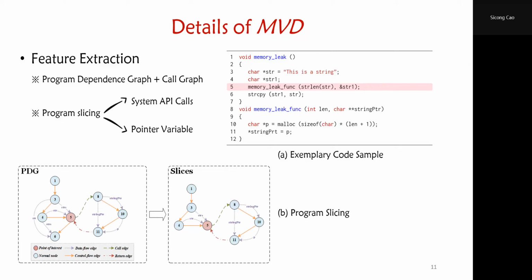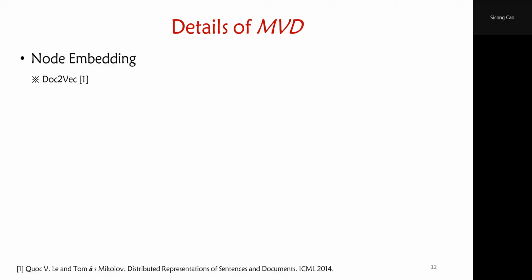It should be noted that, starting from the program point of interest, we perform backward slicing according to both control and data dependence, while forward slicing is based only on data dependence. This is because in program memory operations, for example, allocating memory but not freeing it, have been involved in the forward data dependence, and usually forward control dependence will induce a great deal of irrelevant statements. Then we use doc2vec to translate source code into feature vectors because doc2vec can provide a more precise embedding of the code statement that will preserve the semantic information.